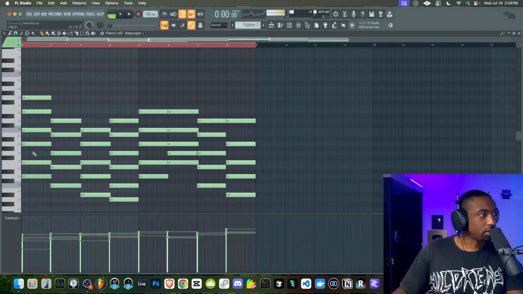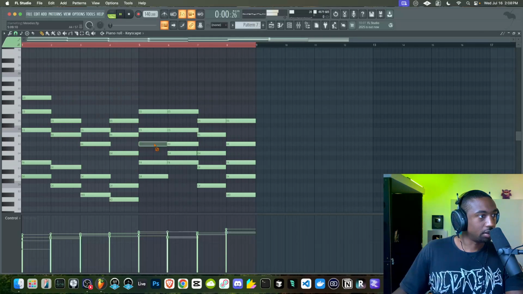Also, these chords might be a little dense. Let's try taking out the 5ths of these chords just to see if it lightens it up just a little bit.